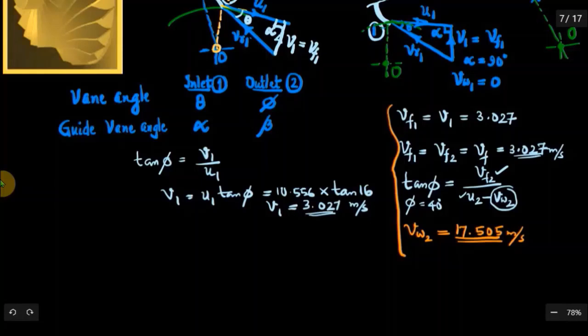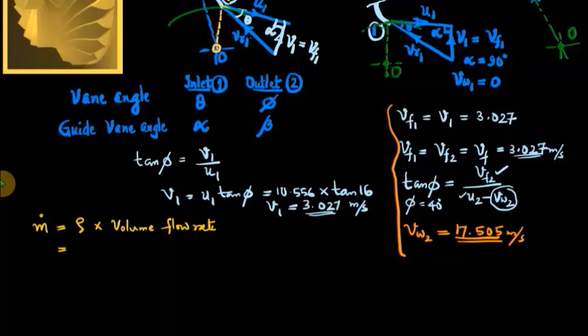The first part is mass flow rate. You need to find it out. How do you find it out? M dot is equal to the density rho into volume flow rate. I am not using V for volume flow rate because we use V for velocity, so I will write volume flow rate in words. Normally we call it discharge.